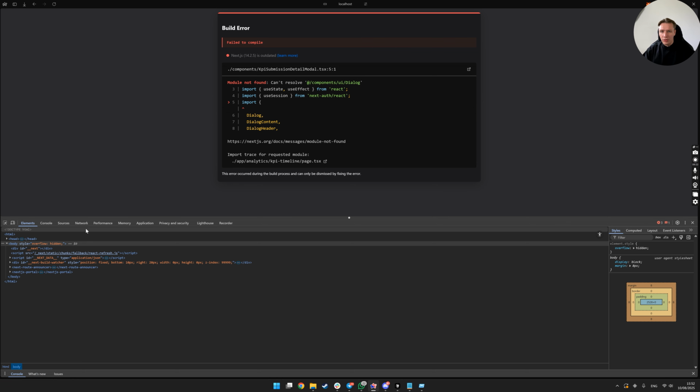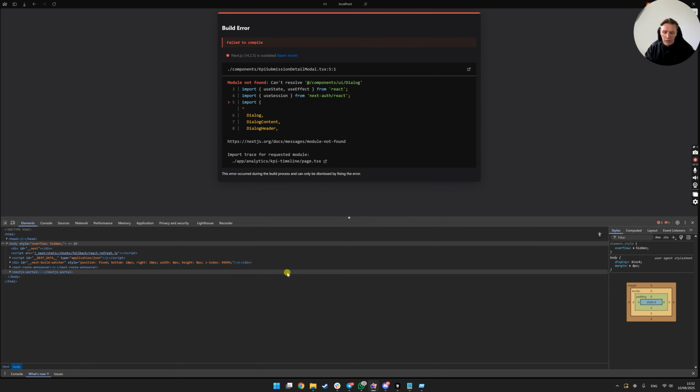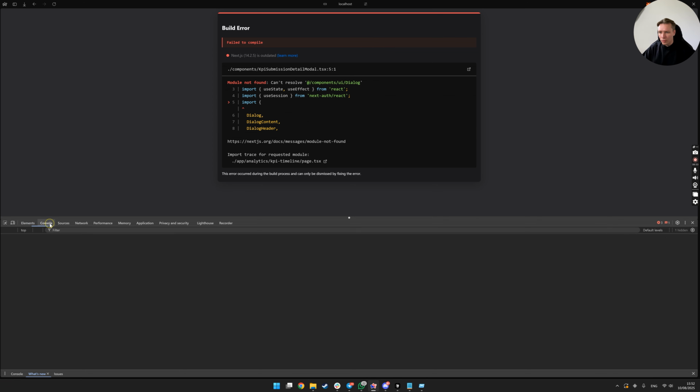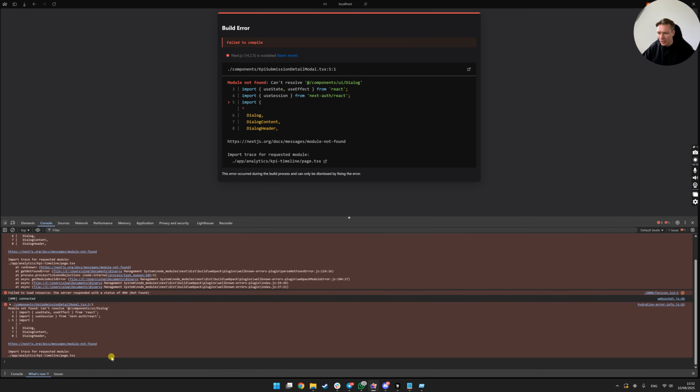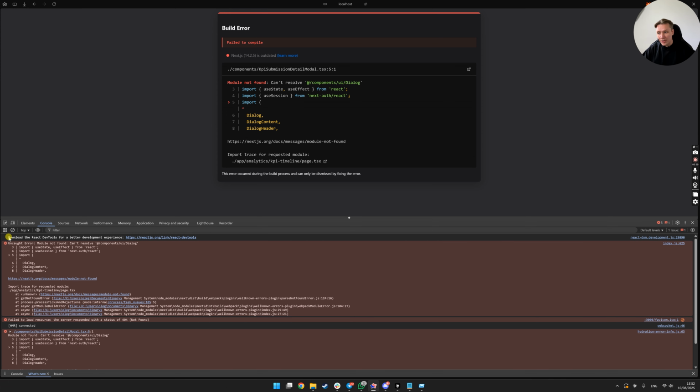First of all, what you need to do is open the console in your browser. You can do it with a right-click and Inspect, or with the F12 key, and then go to the console. There you can see the errors. Some errors persist here.